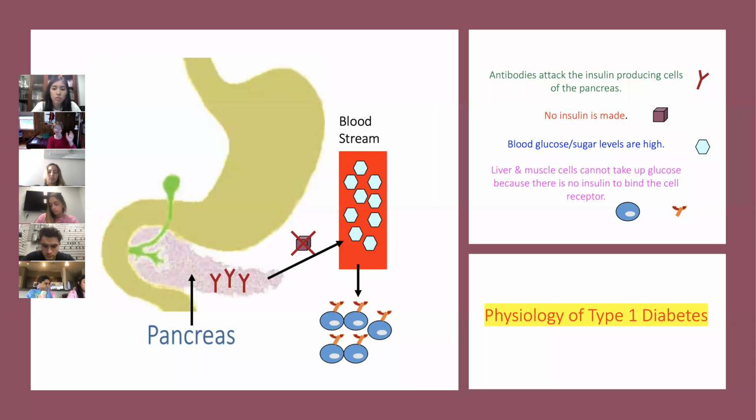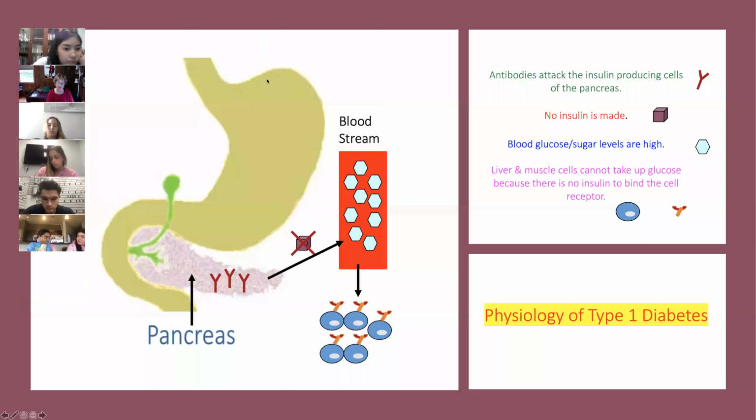This was in the video, what's going on with the body with type 1 diabetes. For some reason, antibodies are attacking insulin producing cells of the pancreas, so no insulin gets made. And when no insulin is made, the glucose that's in your blood after it's been digested, broken down, absorbed through the intestinal cell, and through the bloodstream gets to the cell, now it cannot get into the cell, and so it builds up in the bloodstream. And that's type 1 diabetes, when there's no insulin being made.